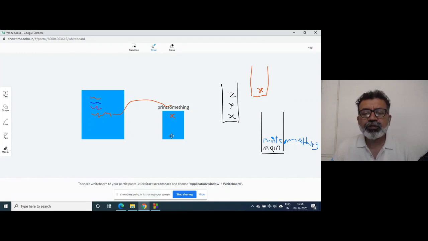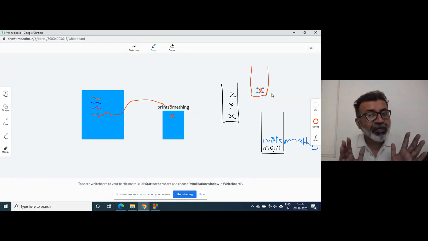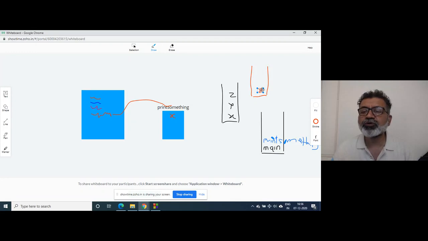Now when control leaves this function, this x is popped out of the stack. Okay, x is removed. And I told you yesterday that the compiler cannot maintain an empty stack. So this stack is also removed. So this is removed and this is also removed. So no more stack is there.